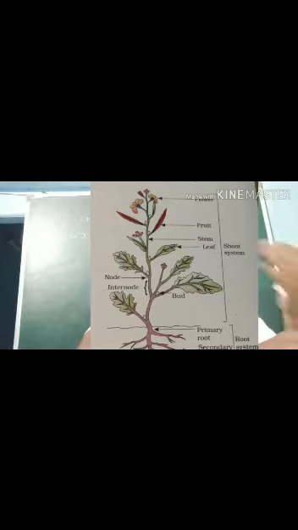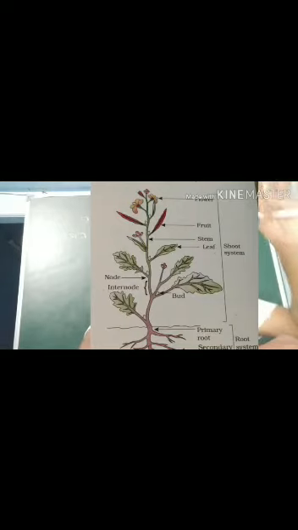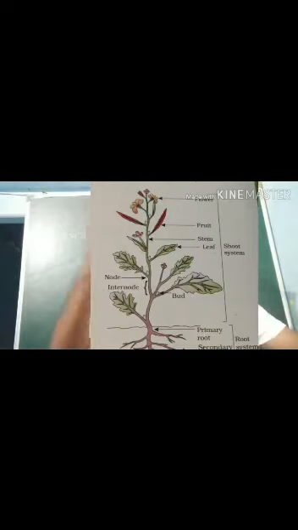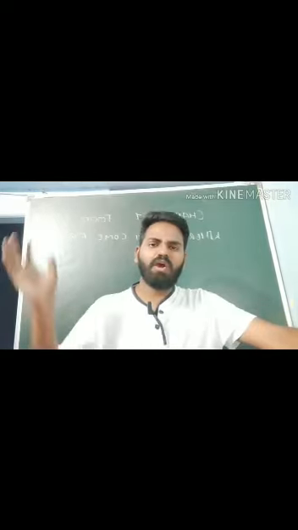Now when we go below, we can see that the primary root and secondary root are present. They are beneath the ground, so they are known as the root system. The root system goes away from the sun, below the ground, and the shoot system goes towards the sun. Now when we talk about these parts of the plant, we can see that all the parts